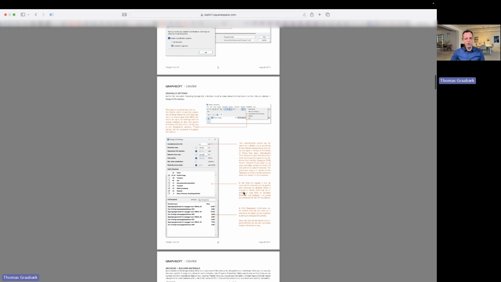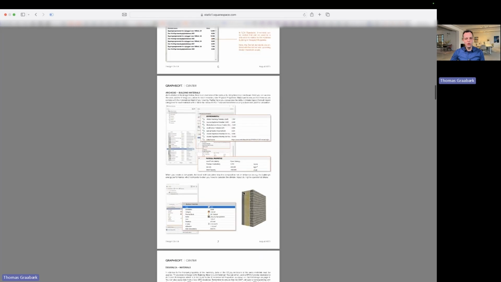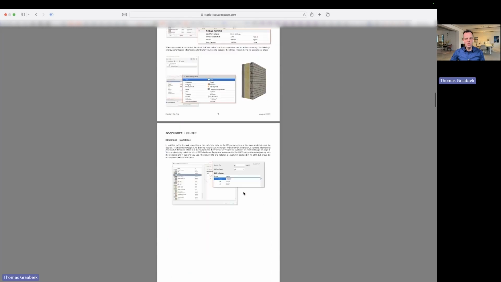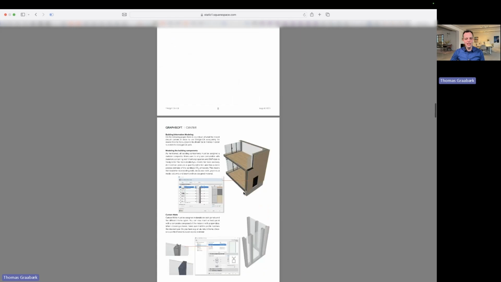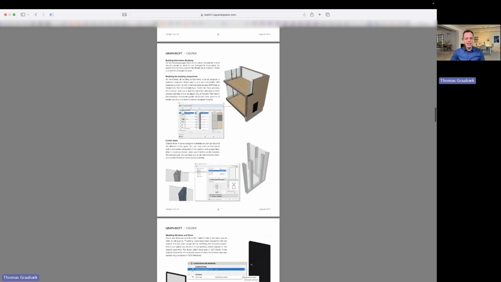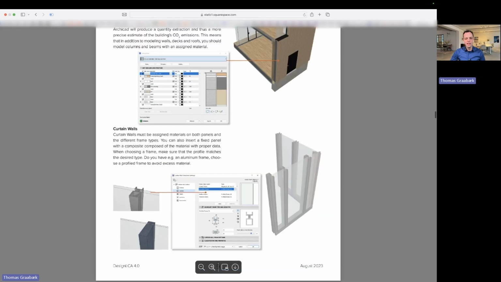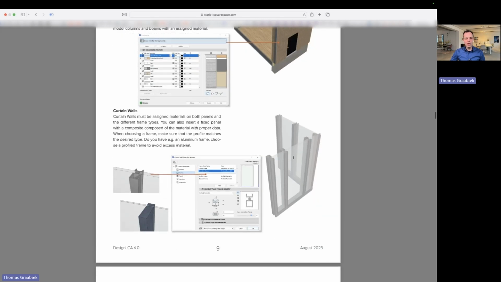And then it will slowly tell you about how the whole LCA calculation is done within DesignLCA. It will even help you out with a few of the tricky parts. So one of them could be this. If you do a curtain wall in Archicad, it will automatically be calculated within DesignLCA. But the standard curtain wall in Archicad is a massive framing of